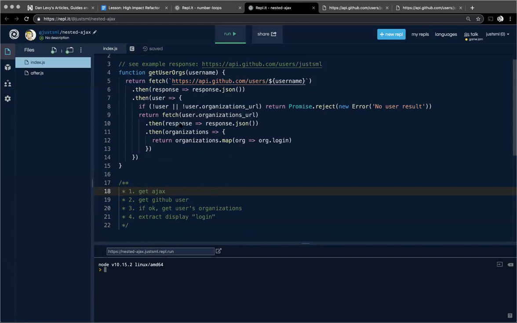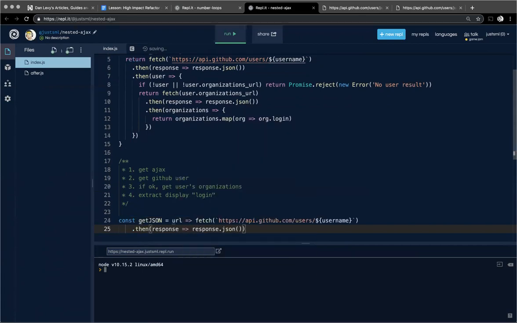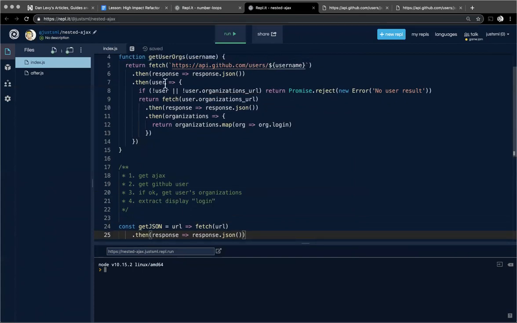So if I take this out and say I just want a get request that automatically converts to JSON, I'm going to say const getJSON equals. Now I've eliminated two of the repetitious function names here. So if I just say getJSON,